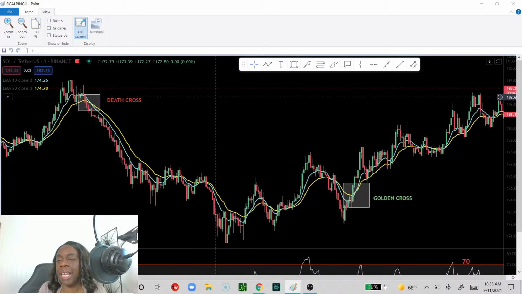Okay, and Kiana, do you only use the 10 and 20 EMAs for scalping? Nope. I think the point with the EMAs is to have two moving averages. I do trade sometimes on the 5 and the 10, so I'm zooming in even closer. So the 5 and the 10, I use that too. I'll use the 10 and the 20 as a pair, and then I'll even add a third moving average. I'll add the 30-day moving average, which,